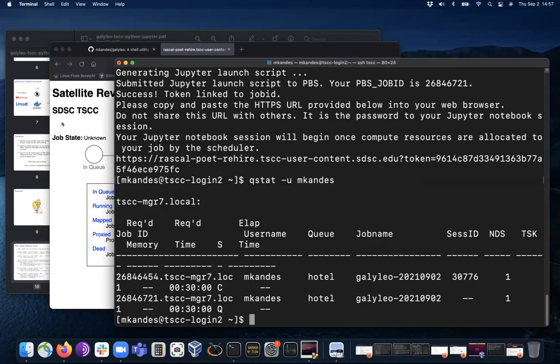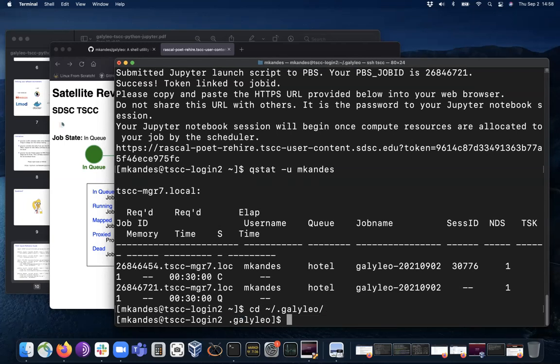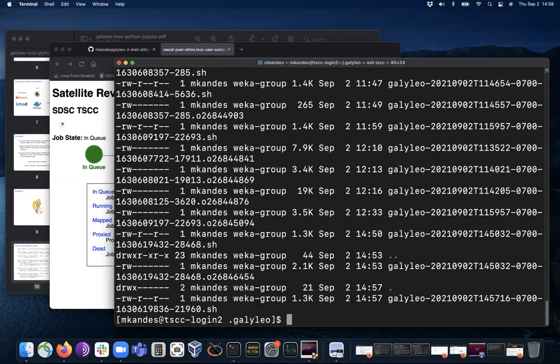So yeah, we're just waiting for that to start. While we wait, if you ever experience a problem where you think your notebook server should be starting and Galileo is not starting it for some reason, one way you can start debugging things yourself before you contact us is this: Galileo creates a hidden .galileo directory in your home directory, and stored within this directory are